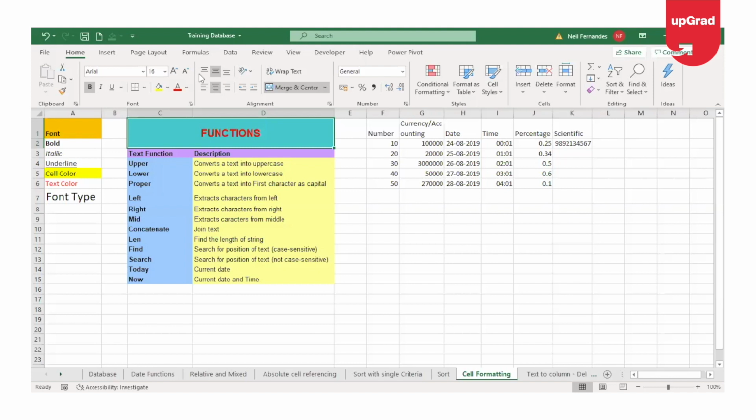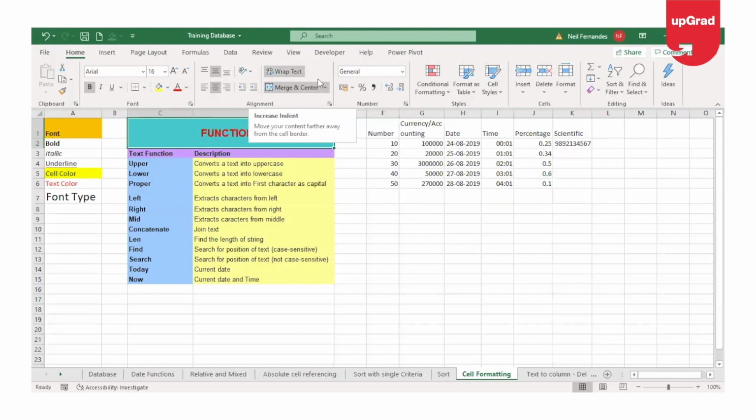I can use the alignment options that you can see here to align it as per my requirement. For aligning the text to the top, middle or bottom, I can use these three icons here. And to align it to the left, right or center, I can use the bottom option. If I try that, this takes me to the top, this takes me to the middle, and this takes me to the bottom. Similarly, the other options take me to the left, middle, or right side. So this is how you can use this alignment option.